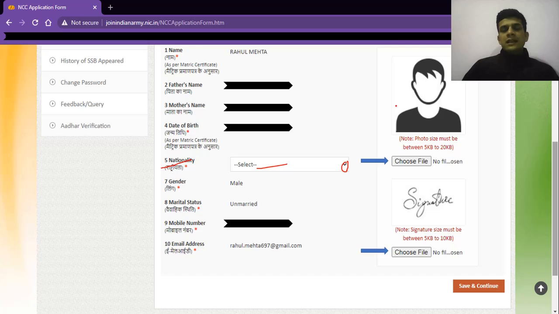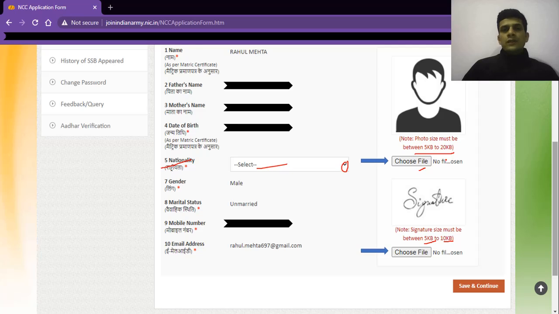As you must have seen that my photograph was already there because I have already filled the form earlier as well, right? So now the minimum requirement is 5 KB, maximum should be 20 KB for photograph, and for signature 5 KB and 10 KB, right? So make sure you save these pictures because this will be for your lifelong journey till the time you will be applying for the same. You will have to upload the same quality or the same size as asked by the website or the Indian Army, right? Now you have to choose the file from wherever you have kept that file after editing and making it 5 KB to 20 KB.